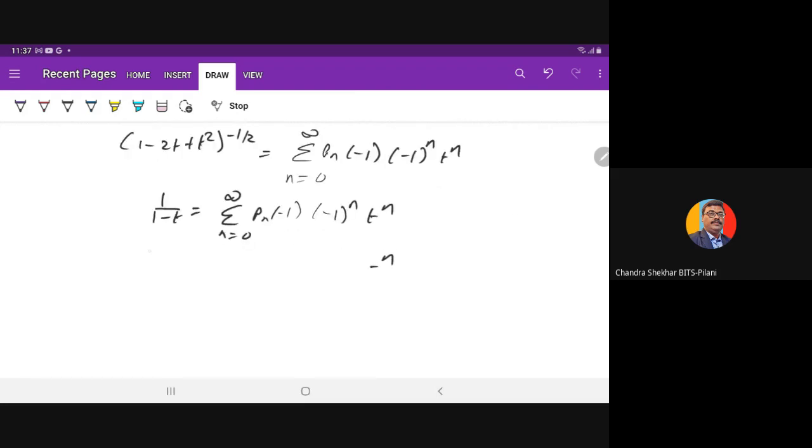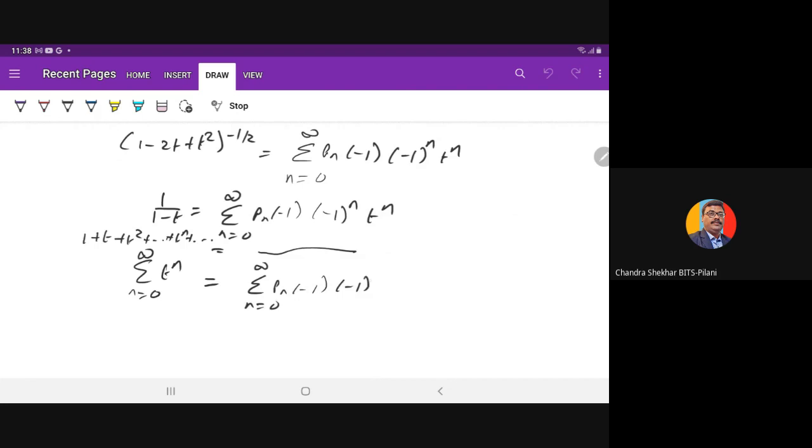The left hand side will be summation of t^n, n is equal to 0 to infinity. If you expand it, you can write 1 plus t plus t square and so on plus t^n, and so on, is equal to this factor. So this is equal to summation n is equal to 0 to infinity P_n of minus 1, minus 1 to power n t^n. Now